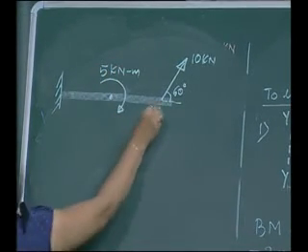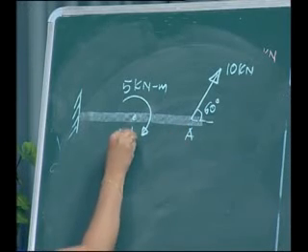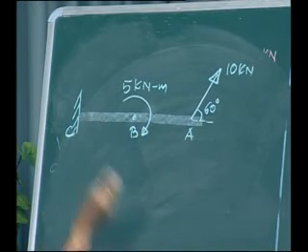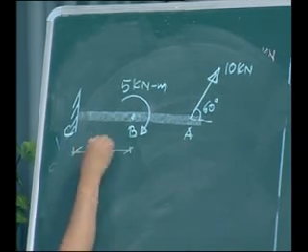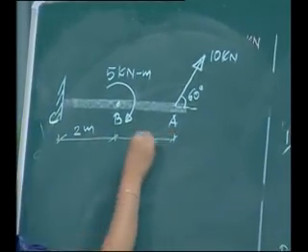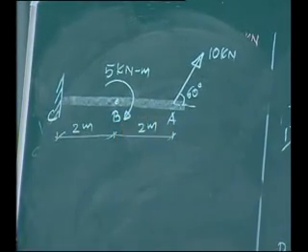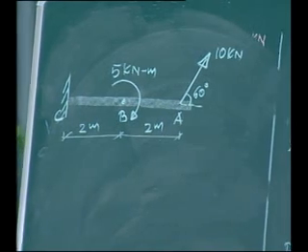Okay, so suppose we name this as A, this as B, and this as C. The distance between C and B is 2 meters and distance between A and B is 2 meters. Now we have to calculate the reaction. We know